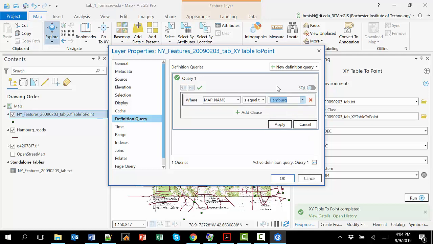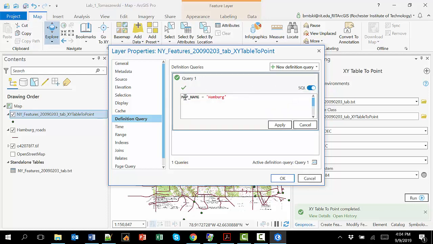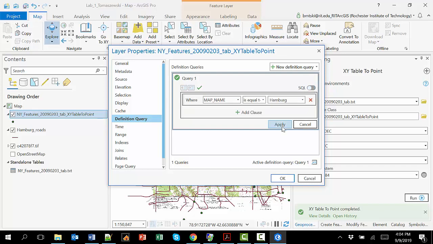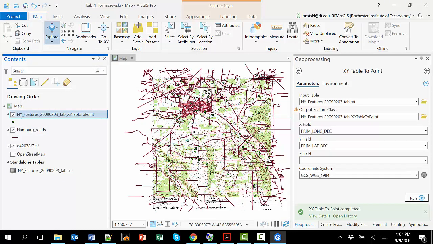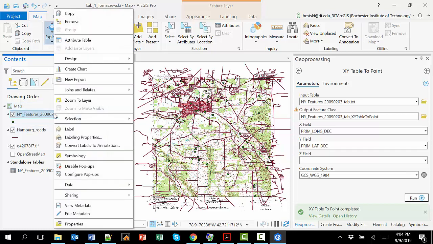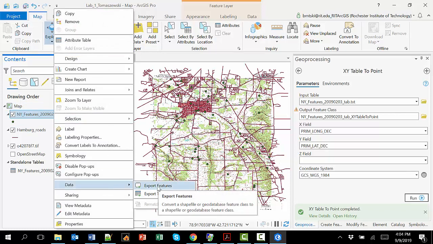Okay. If you're interested in SQL, by the way, that's all it is if you want to see it that way. But when I apply that, watch what will happen to all these points on this white area. Okay, they all go away. And as per the assigned instructions, once you do the filter, now what you could do is right click and do just like we did with the roads, export those features